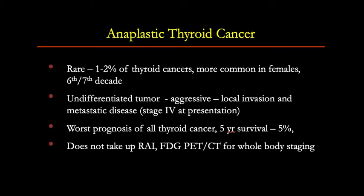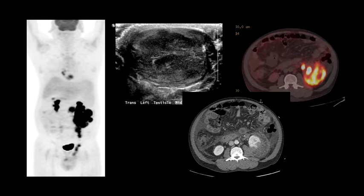Our next patient is a 56-year-old male who presented with painless swelling of the left scrotum. They first underwent an ultrasound, which is shown here. There is a large heterogeneous mass seen in the left testicle, and they underwent a left-sided orchiectomy. Orchiectomy showed a primary testicular lymphoma, and so this patient underwent a FDG PET-CT study,